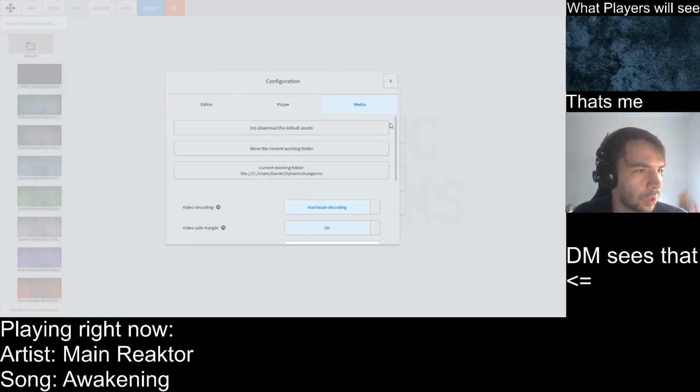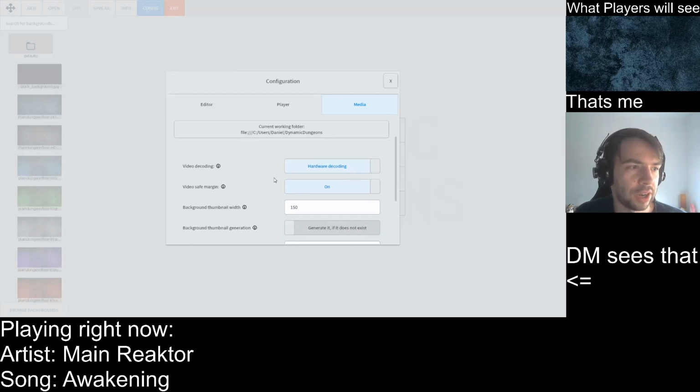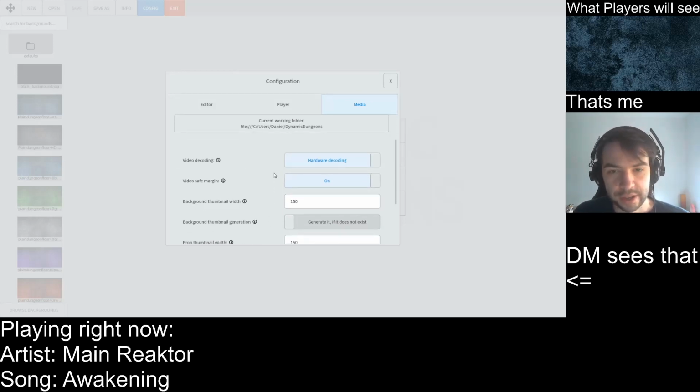So, in media, we can say re-download default assets. We can move the current working folder, which is right now my user directory / dynamic dungeons. If you have a second drive and it's an SSD, important note,